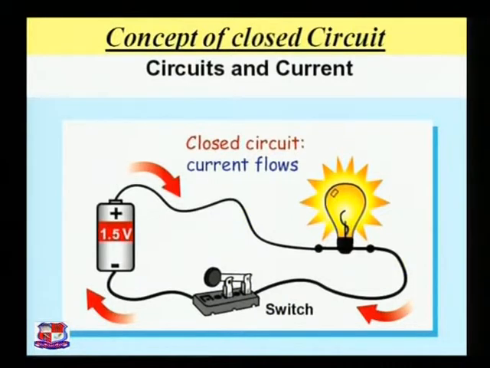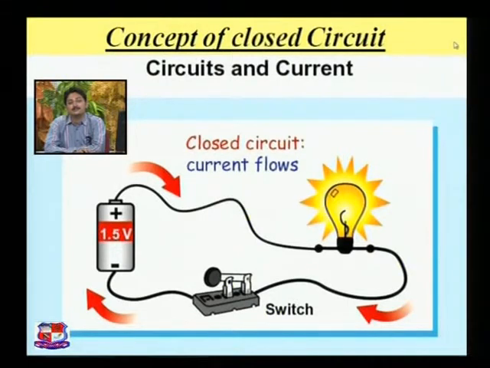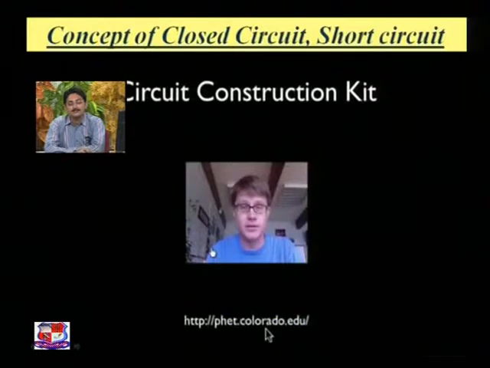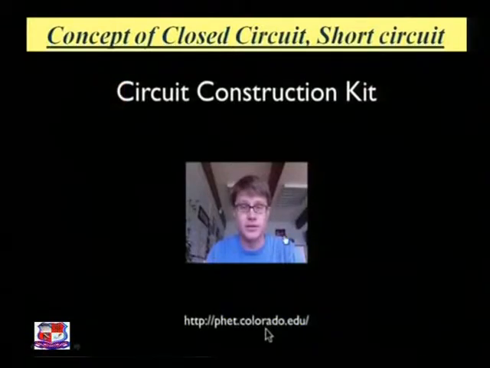See the figure. Again the battery has a positive terminal and a negative terminal. The positive terminal of the battery is connected with the bulb through wires. The other part of the bulb is connected with the switch. The switch is now totally closed and connected with the negative terminal of the battery. So this is the closed path. Electrons flow directly through the circuit, through the filament of the bulb, and the bulb will glow. So ultimately we conclude that in a closed loop circuit the current flows and the bulb glows.